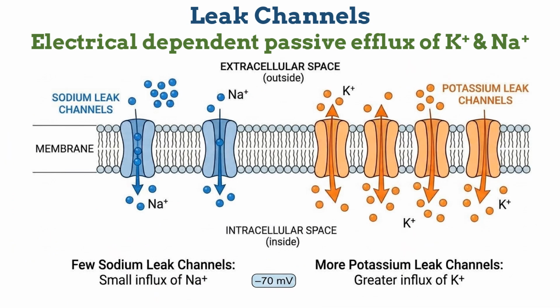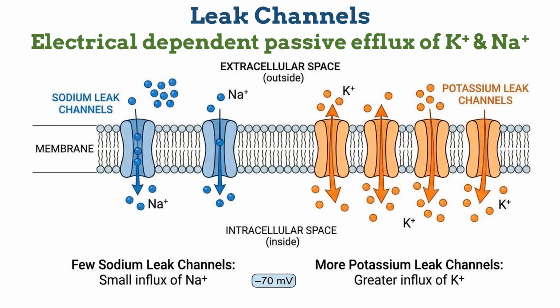The process does not continue indefinitely. As the interior becomes more negative, an electrical gradient begins to pull positive potassium ions back into the cell, along with some sodium ions. The resting potential is reached at the point of electrochemical equilibrium, where the outward force of the concentration gradient is exactly balanced by the inward electrical pull, resulting in a resting membrane potential of about -70